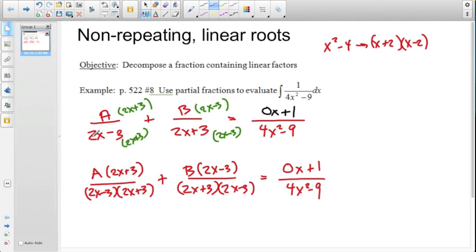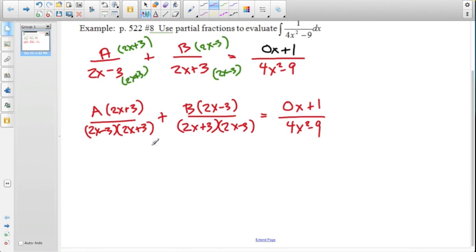So we have these roots here that are unique, and they're linear. X to the first power is linear, so we have these constant numerators that we have to evaluate, and so we know then this numerator here,